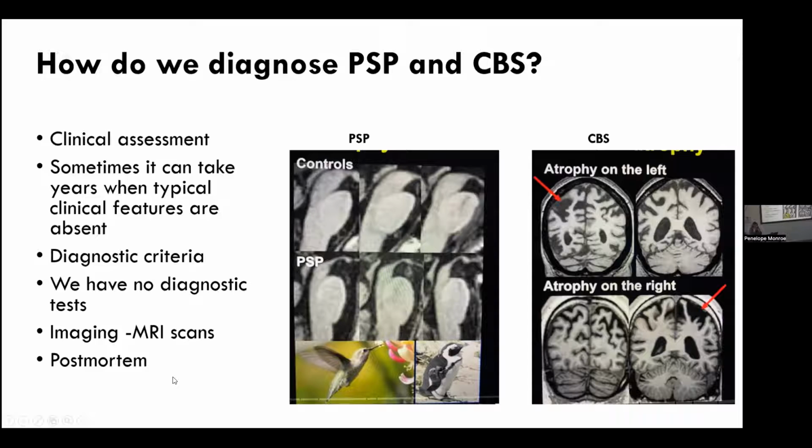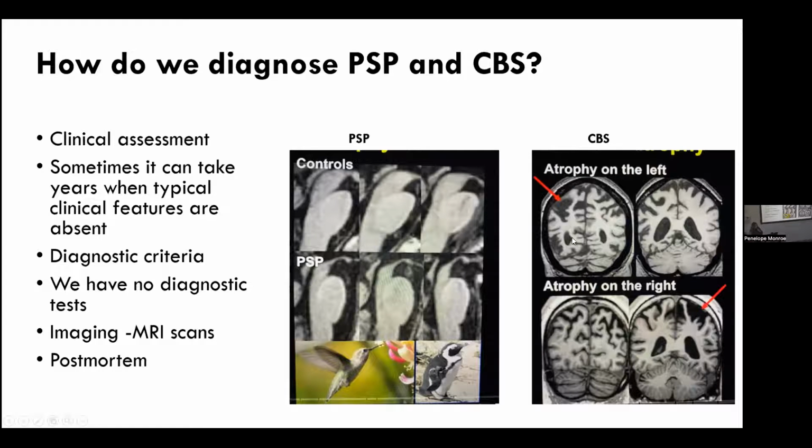So sometimes MRI scans can be useful, but even then, these are soft signs. These are not hard diagnostic features. So in PSP, this is the part of the brain where my mouse is. That's the part of the brain called the midbrain, which is right at the back. And in patients with PSP, you can see there's a difference between the top frame and the bottom frame. This is much narrower, it's thinner, and it looks like a beak if you can bring your mind to think of it. And it's actually called a hummingbird sign, but these are all soft signs. I mean, they all depend very much on visual inspection of a scan and can vary from observer to observer.